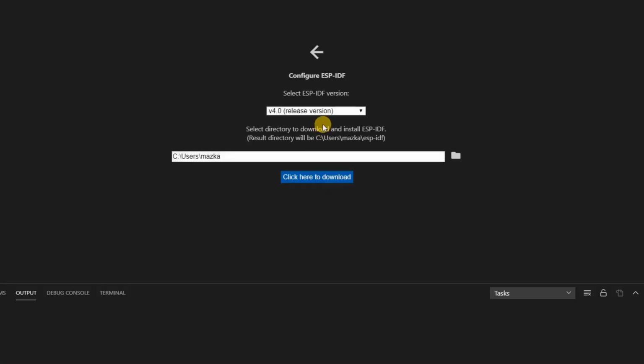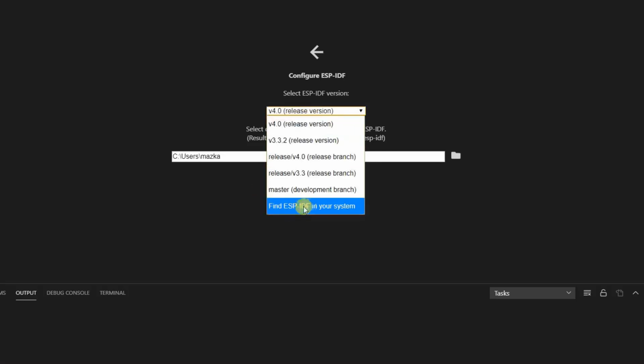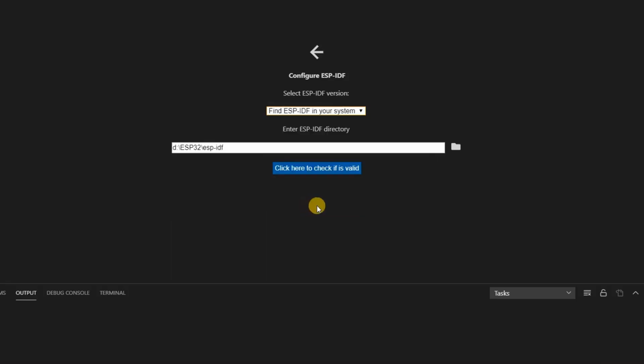Here it is asking to configure ESP-IDF. As we already have installed ESP-IDF in the last video, what we have to do is to find ESP-IDF in your system and simply give it the path where we have installed ESP-IDF.